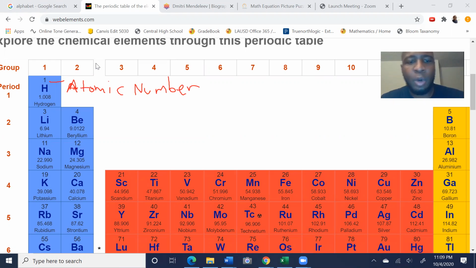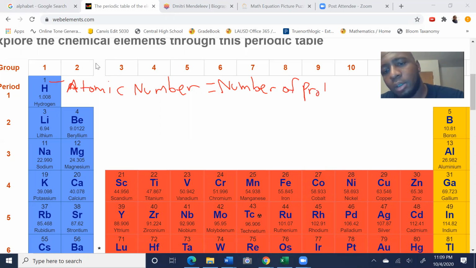Atomic number, fancy word for the number of protons. So this is extremely important. The atomic number, which is only the number of protons for an element, that's important to know because the atomic number is going to